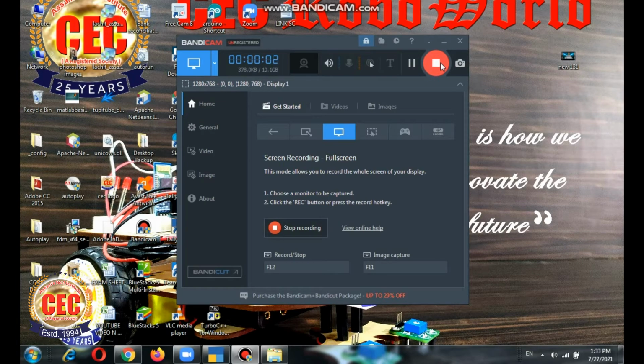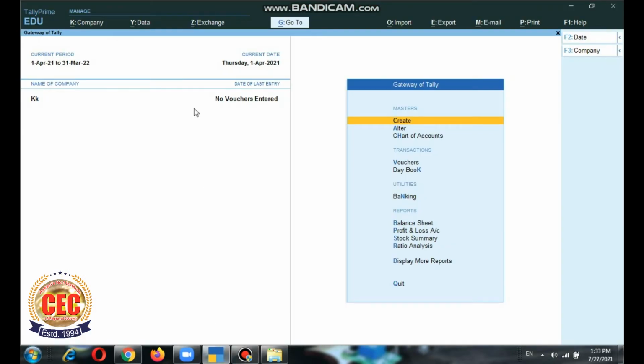Today I am going to show you how to apply e-invoicing in TallyPrime, or without any manual intervention, how we can use the e-invoice option in TallyPrime. So first of all, we'll have to open our application. Then I am showing you the simple steps for setting our e-invoice options in TallyPrime.